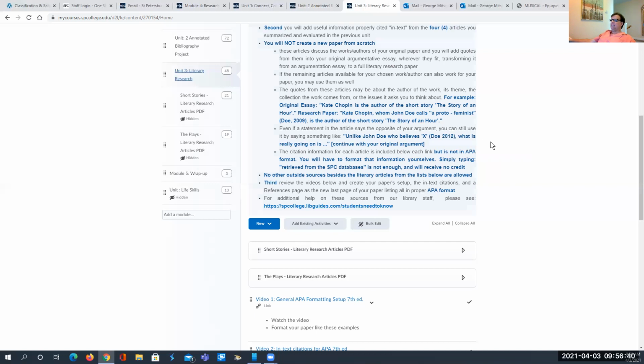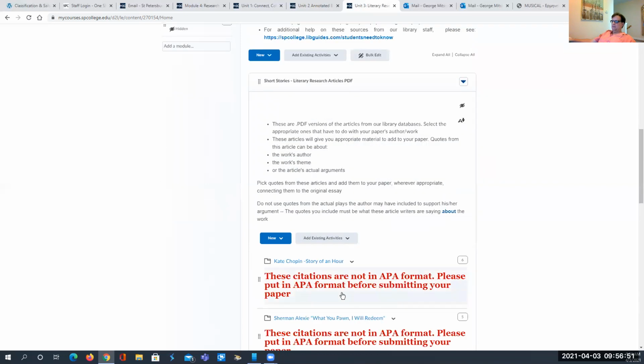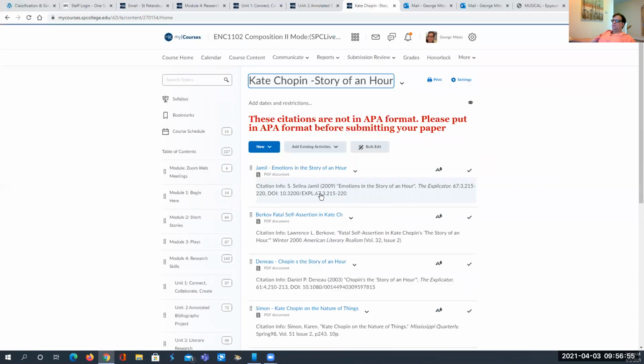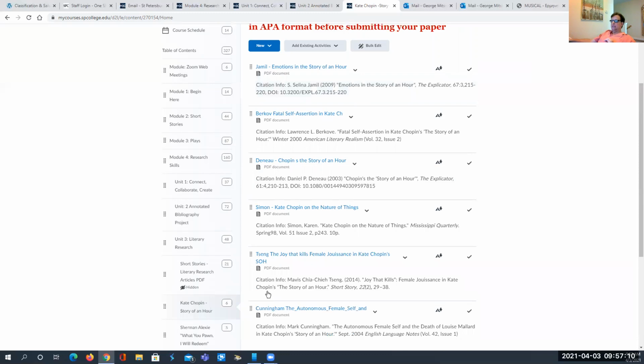Last but not least, the citation for each article included below each link. The one I showed you in red, remember this. When you click each article, you get the citation information here. I cut and pasted it in here the way it shows up in the articles, but it's not the APA format. You need to put it in APA format, okay? And to do so,